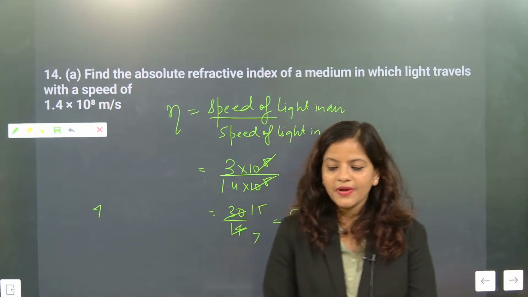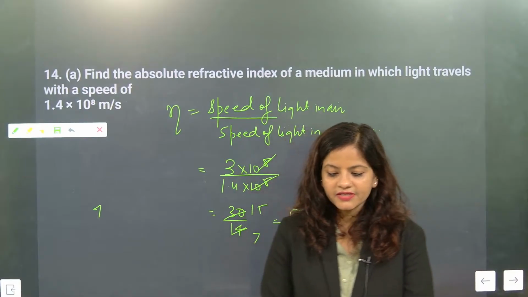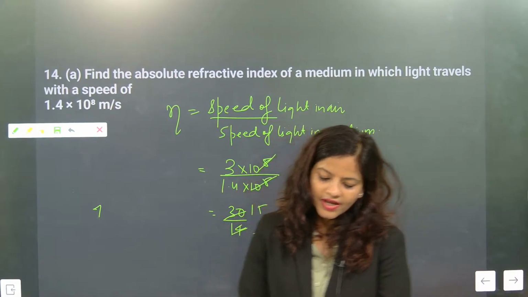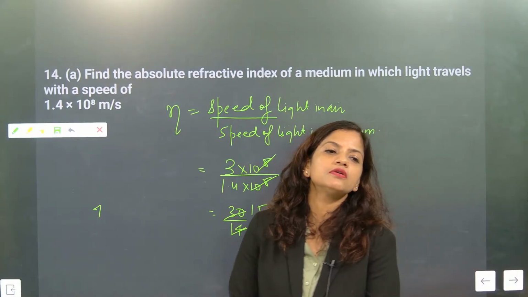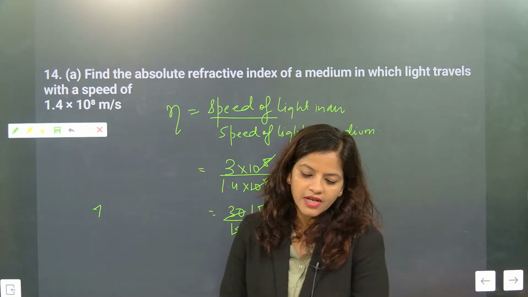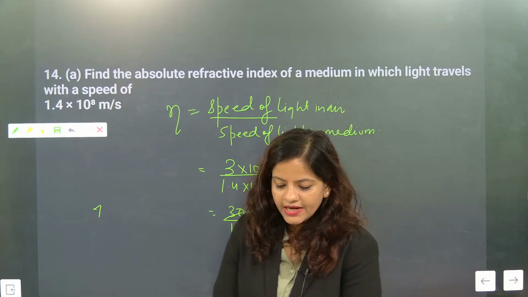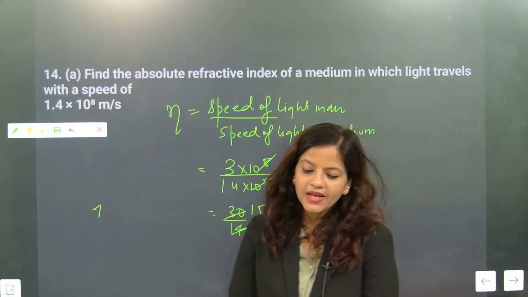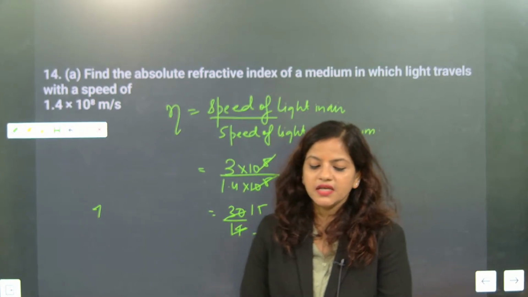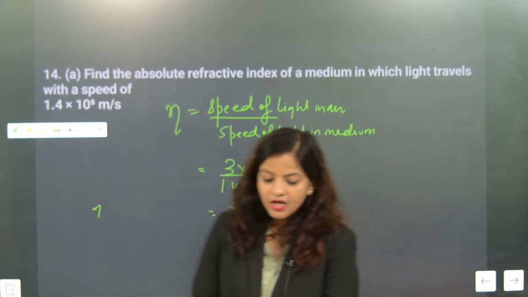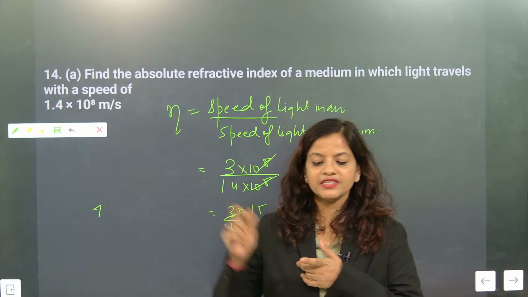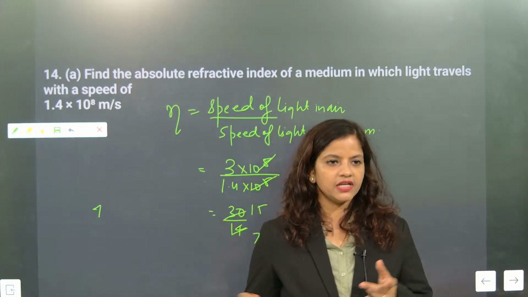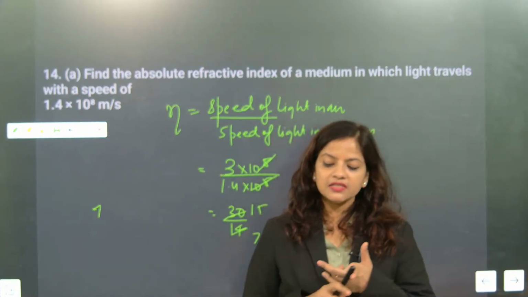Depends upon refractive index, speed of light. How can we? Bending of light. We can talk about bending of light, first thing. Second is comparing its absolute refractive index. So first is based on bending of light. Sin i by sin r means refractive index. So second answer, absolute refractive index, will be given by